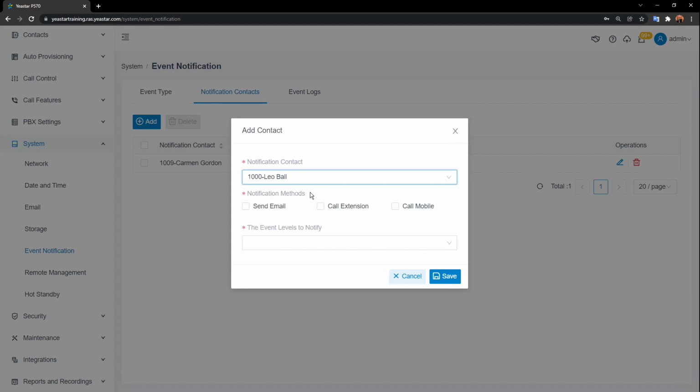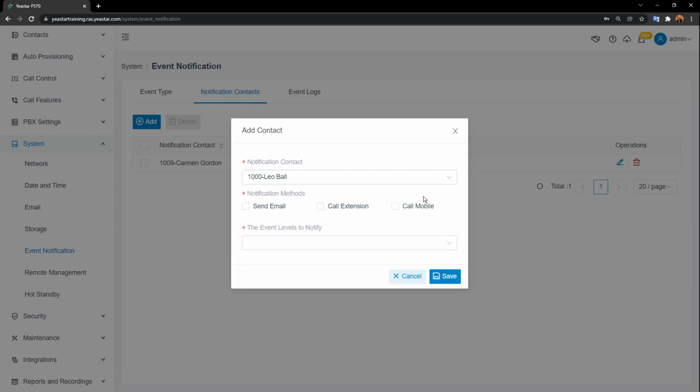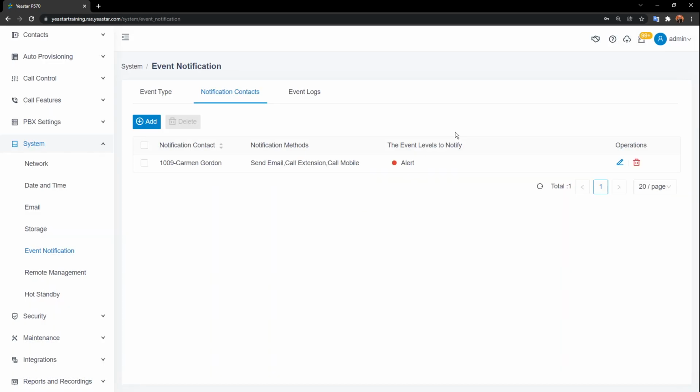I'm going to inform Leo if something goes wrong. So it will be more flexible, actually. We can notify him by sending email, by calling an extension, or by calling his mobile. More options, right? And here you will do the same thing. Select the event levels to notify him. All right. So this is basically how we make use of the event notification, just in case